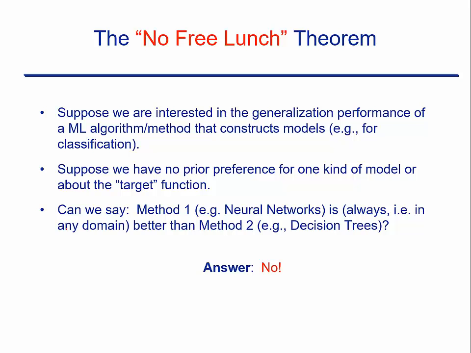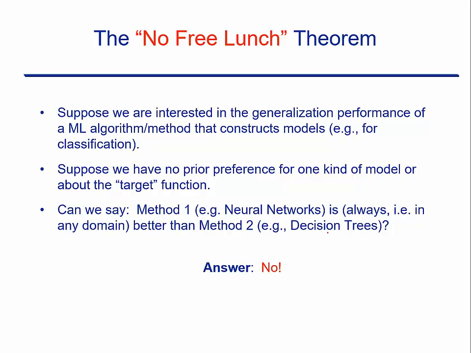Now finally, a few words about the no free lunch theorem. Suppose we are interested in the generalization performance of a machine learning algorithm, method, or model. And suppose we have no prior preference for any kind of model about the target. So can we say method 1 is always better than method 2 in any domain? For example, can we say neural networks are always better than decision trees